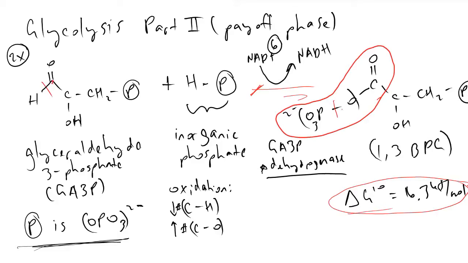And what will happen in the next step, step 7 of glycolysis, is we'll have an ADP molecule come in. An ADP will have a terminal oxygen with a negative formal charge. Therefore, that oxygen will be a strong nucleophile. And what you'll note is that this phosphorus here has a partial positive charge, which makes it a pretty nice electrophile. And so the oxygen on ADP will attack and form a bond with this